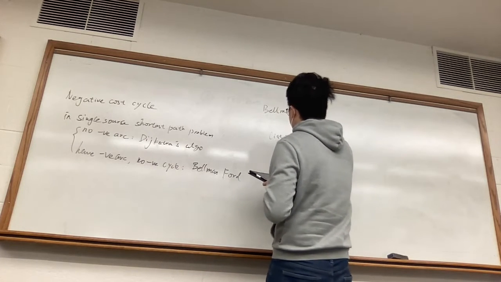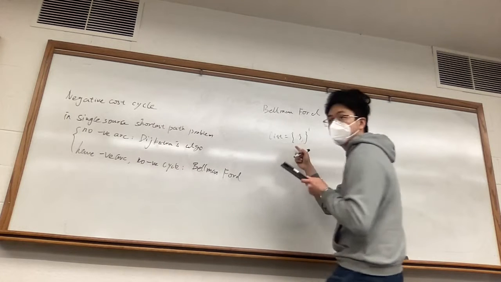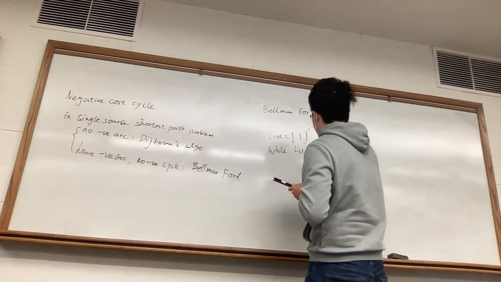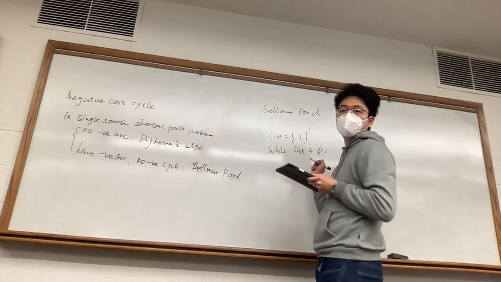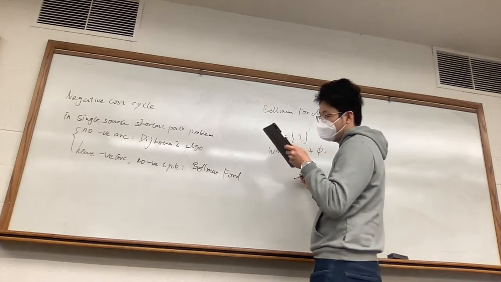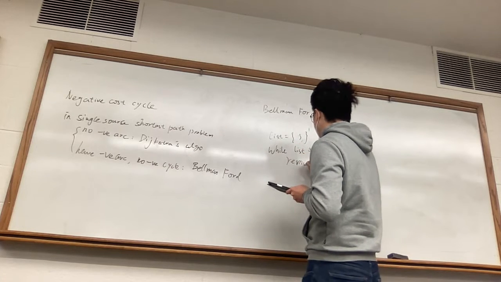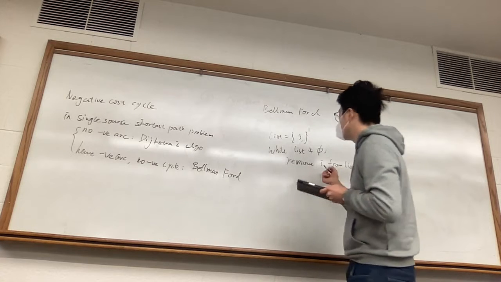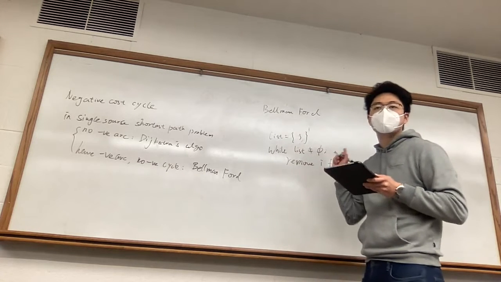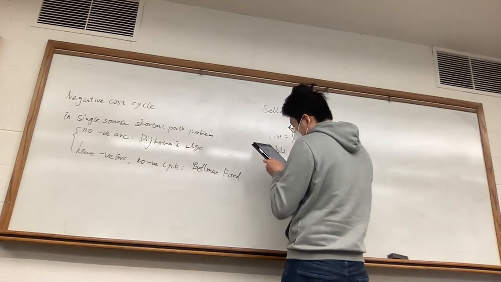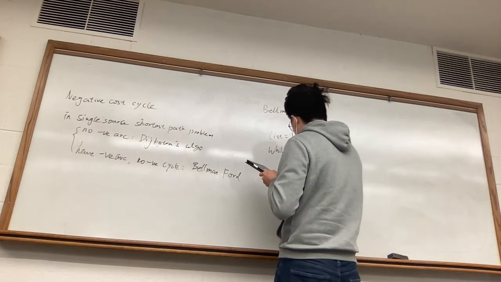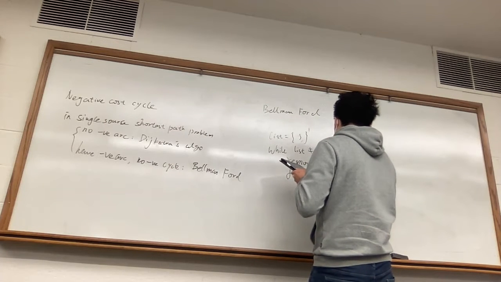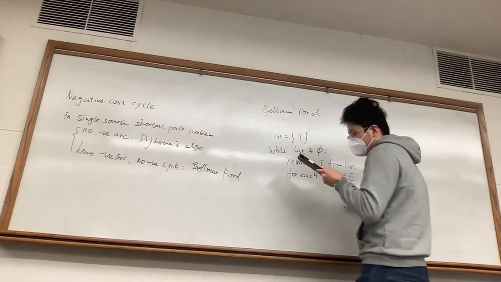roughly. Okay, so you have a list. Initially, you put your source node into the list, and you create a while loop: while the list is not empty. Is that what you're saying, Thomas? While the list is not empty, then you remove, say, element i from the list. This element i can be the first element or the last element, whatever. Then for each ij in the arc set, if